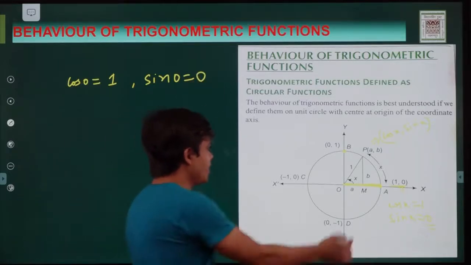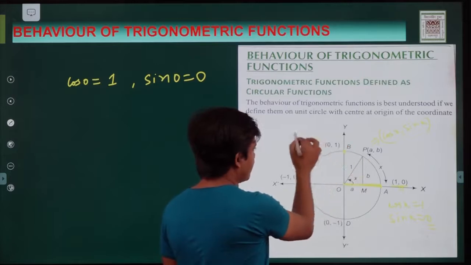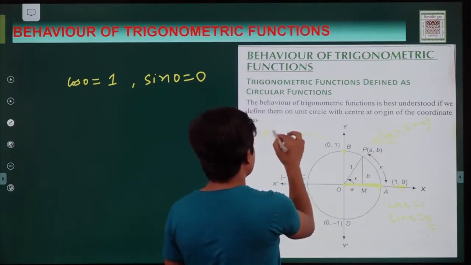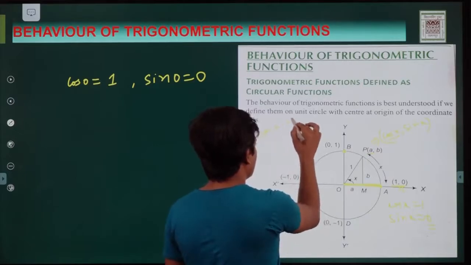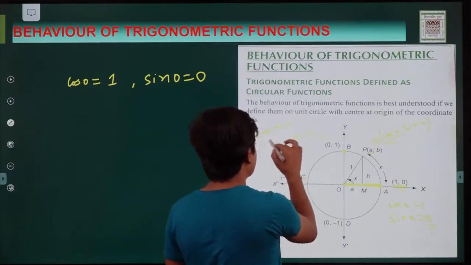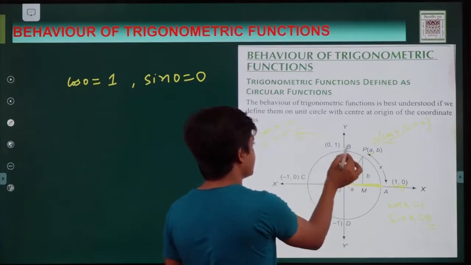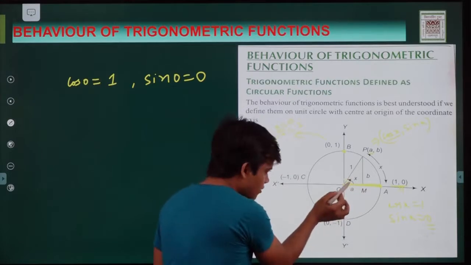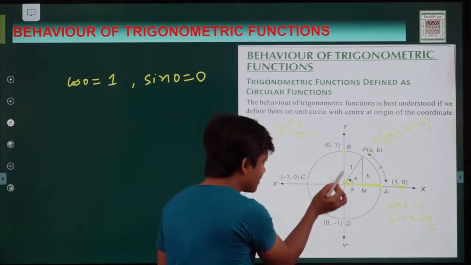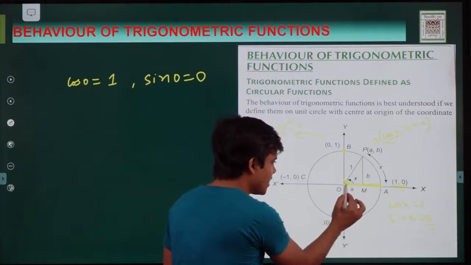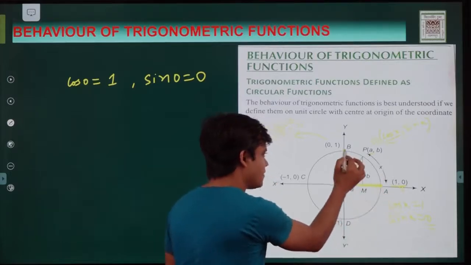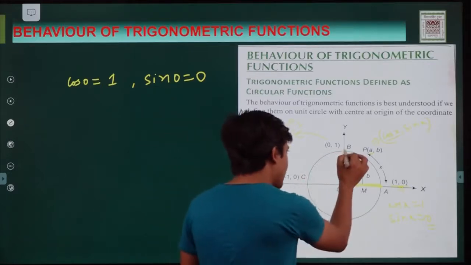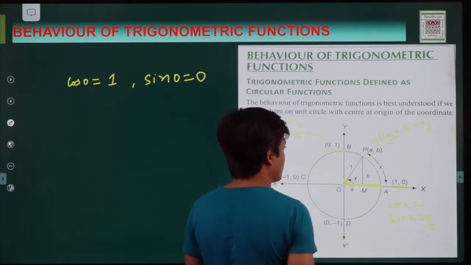Again, when we reach over here, this is your a comma b. a is cos x, so here cos x is 0 and sin x is 1. We can see it easily. At which angle? At pi by 2, x is equal to pi by 2, because when we rotate by this angle, certainly this is pi by 2. So when this OA rotates by pi by 2, we reach OB, and at OB the coordinate is 0 comma 1.